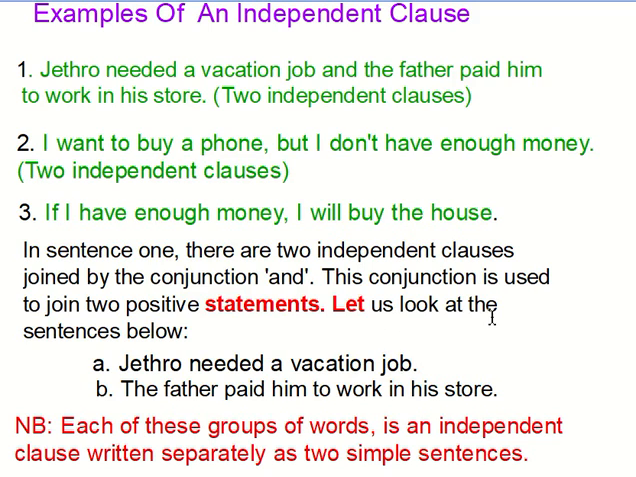Let us look at the sentences below. Jethro needed a vacation job. The father paid him to work in his store. Now you see that with these two sentences, they are simple sentences and they are joined by a conjunction and, as in the case of the first example I gave, NB. Each of these groups of words is an independent clause written separately as two simple sentences. Are you okay? Now let's look at the second one,